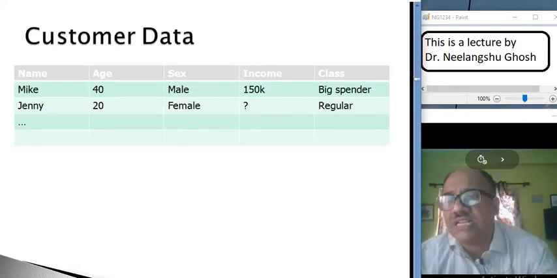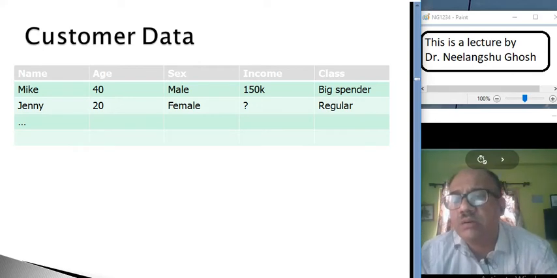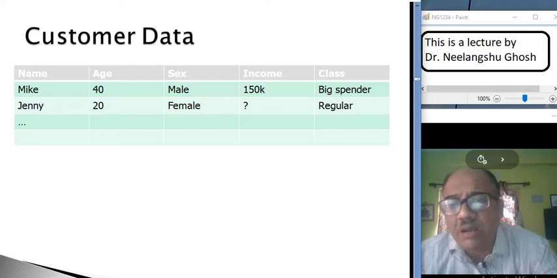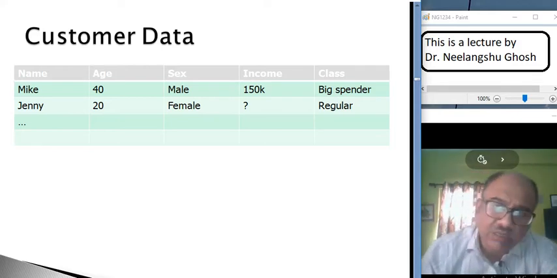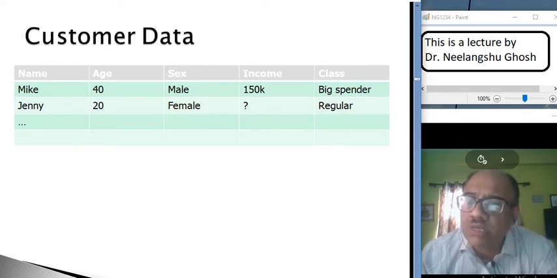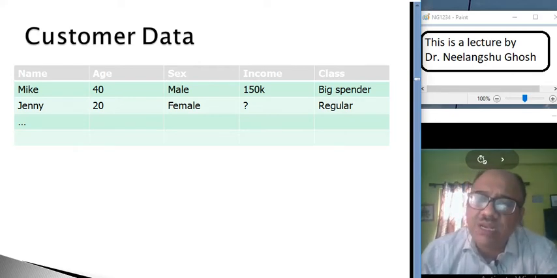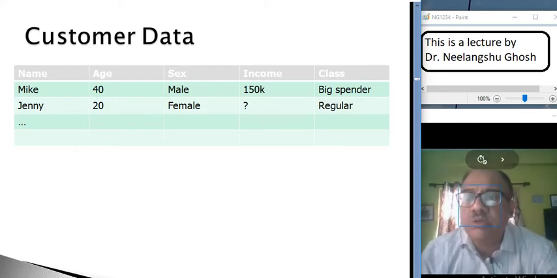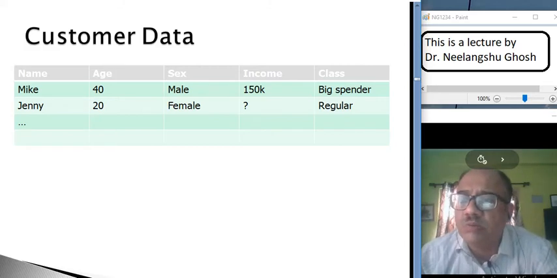Ignore the tuple means, as I've said, you can remove the record for Jenny. If the income column is not required, then you can remove the income column, and then all other values remain. Or it could be that all of them are important, then in that case you have to remove all the values of Jenny. Then the row can be deleted.